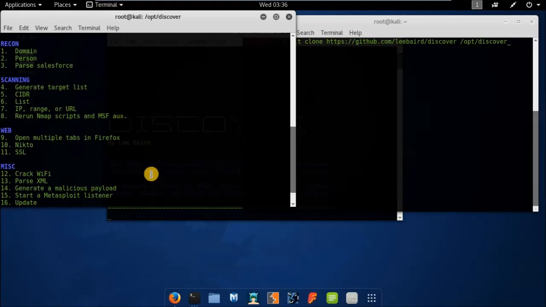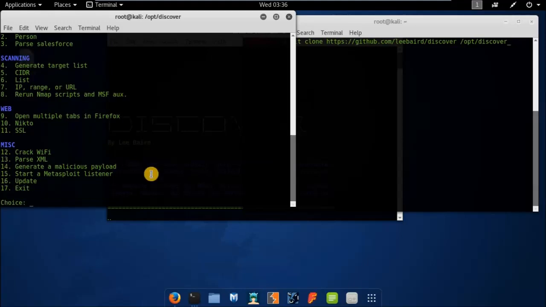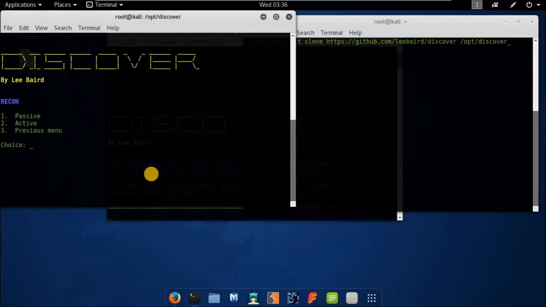that is the domain. In this case, you just press your choice number and it will give you further options to type the numbers, as this is an interactive tool that asks you to type the number and then performs the action. So I typed option one. It provided output asking what you want to perform, like passive reconnaissance or active reconnaissance, and if you want to go to the previous menu. In this case I will perform passive reconnaissance, so I will hit 1